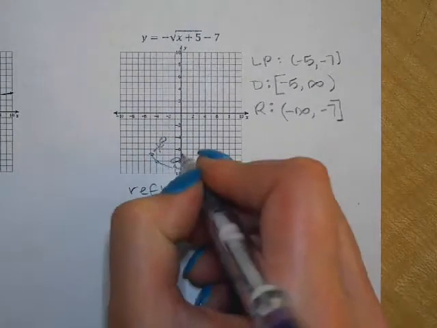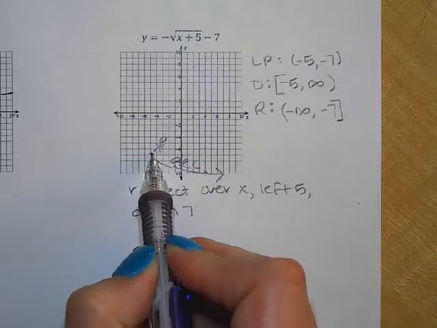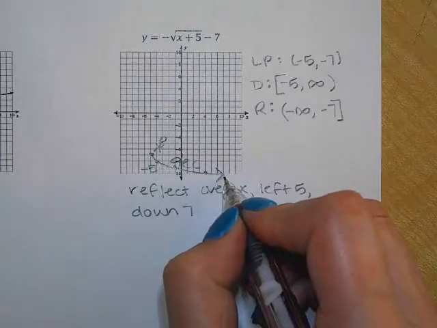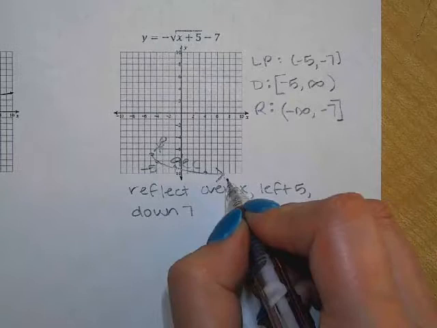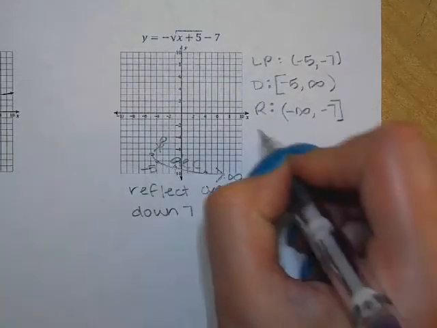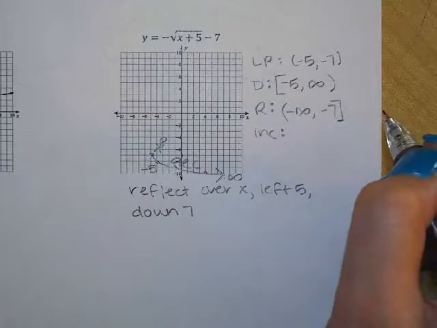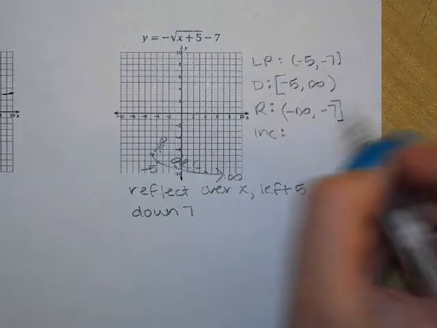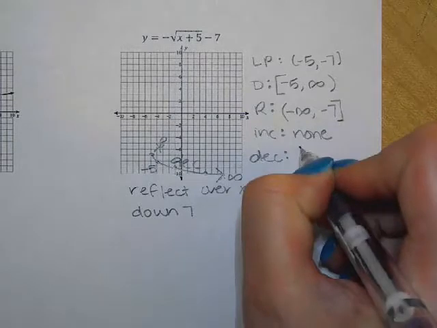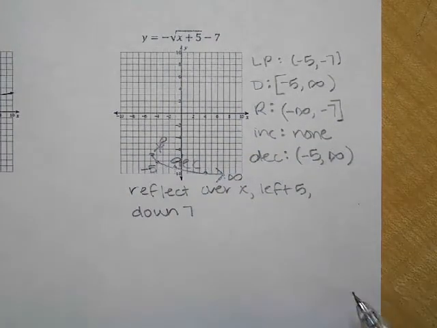Okay. If we put our little stick figure right here, what is he doing? He's going down, he's decreasing. What was the x value right here? -5. What is the x value of a right arrow? You were right, positive infinity, because it was a right arrow instead of a down arrow. So we're going to say for increasing, what do we say? None, okay. And then for decreasing, we say -5 to infinity, and I always use parentheses because,